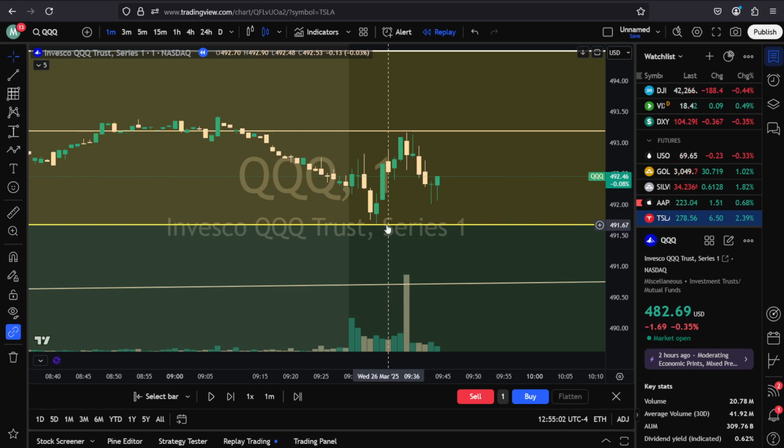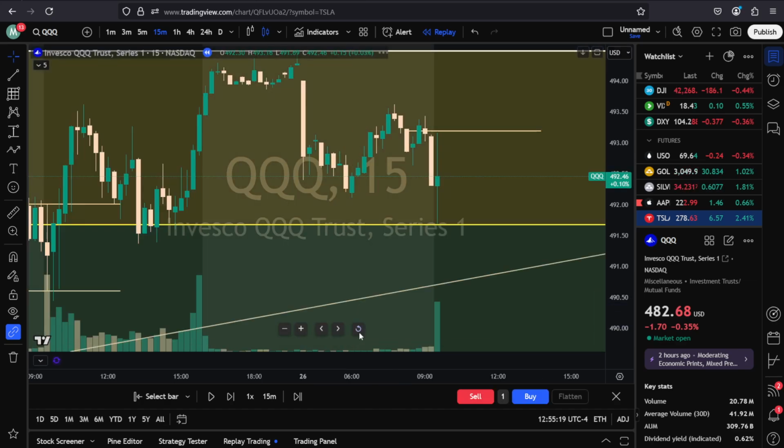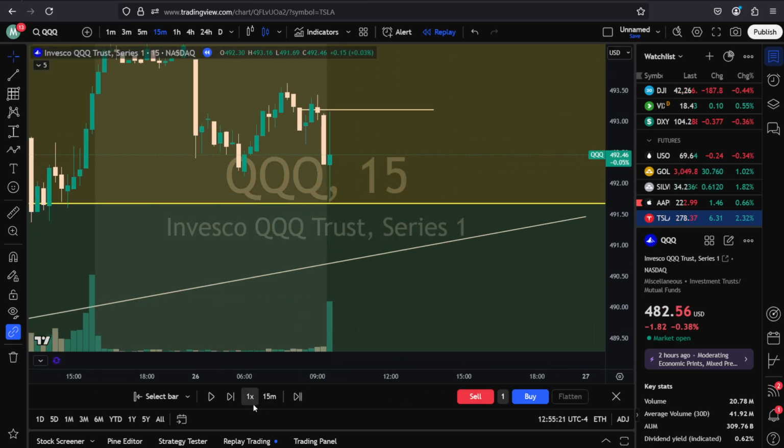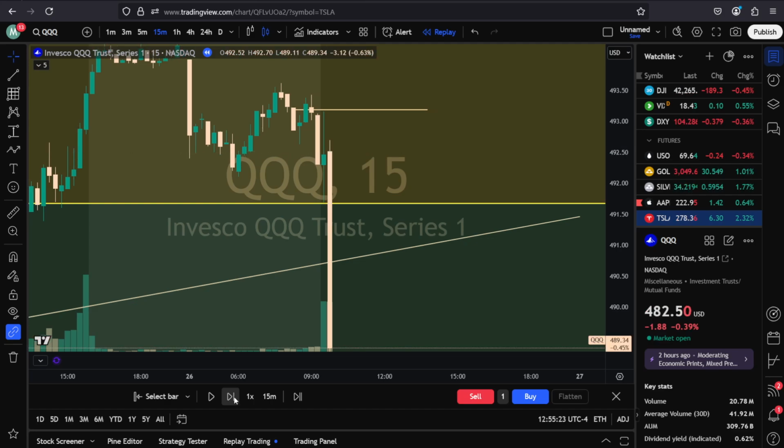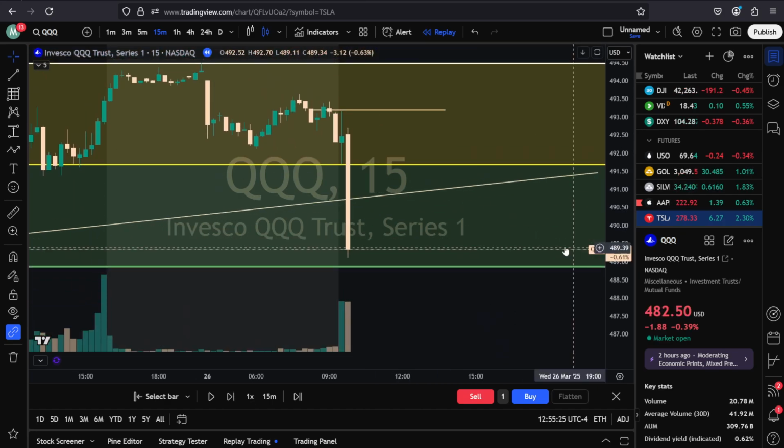Options even, if you're trading this 491.60 all the way up to 493.30. Pretty solid move. That's going to net you just over 1 delta, probably about 20 to 30% on the position. And then what ended up happening, go back down to the 15-minute time frame. Once we continued on the 15-minute time frame and broke the convergence, the 50% from the